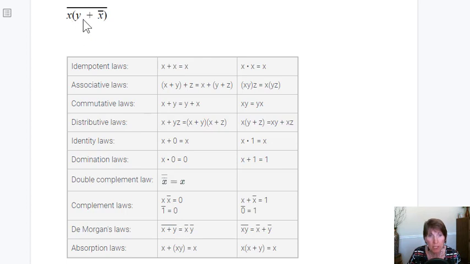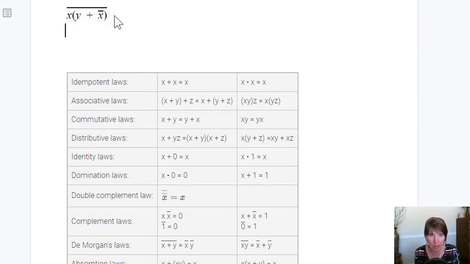The other thing that we could do is to do the distributive law, right? Where we just distribute that multiplication inside that addition problem. So two different ways to start this problem. Let's go ahead and do them both. So I'm going to start this one with De Morgan's law, and then we'll come back and do it starting with the distributive. So the De Morgan's law, and we need to be really careful that what we do now